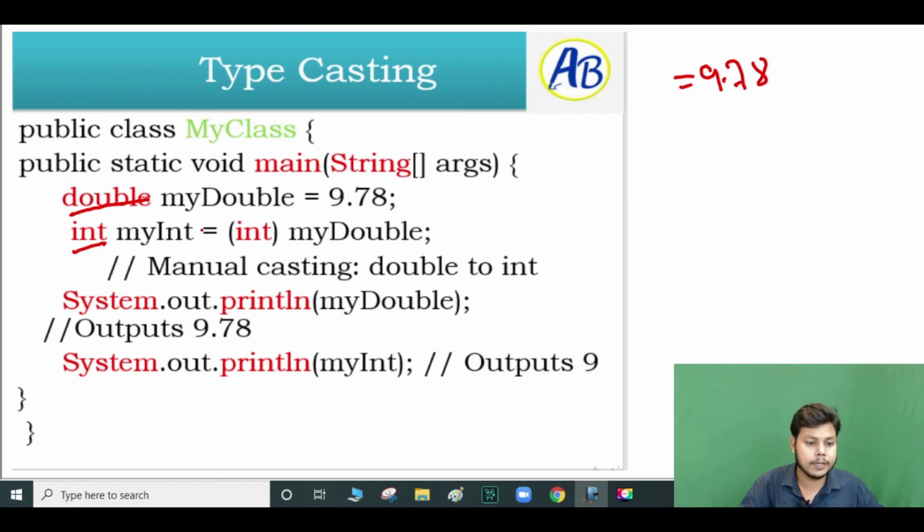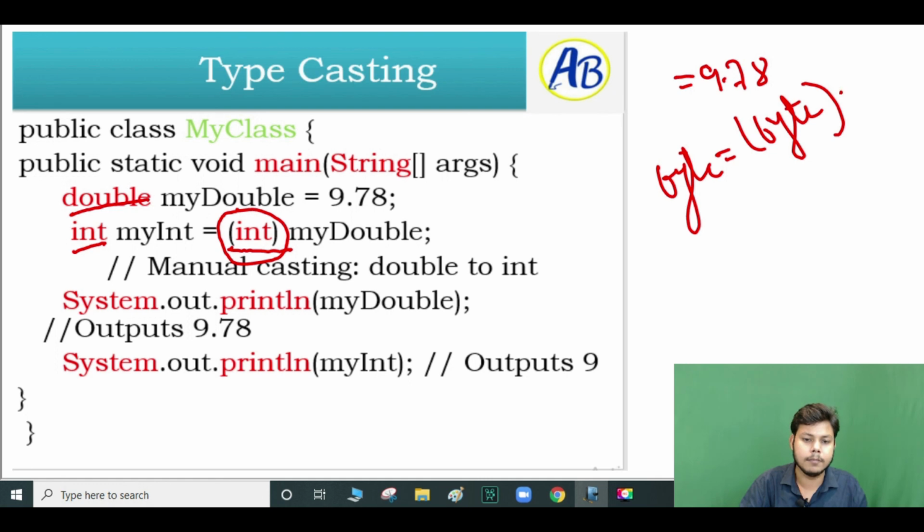What we are doing is using this with the brackets. Remember, we have to use int where you have to convert, like, let's say, to byte. I'm giving you only one example. You type byte and then myDouble, so then you will get it. So this kind of thing should happen. This is typecasting. One is automatic, and higher to lower should be the manual kind. That's it.